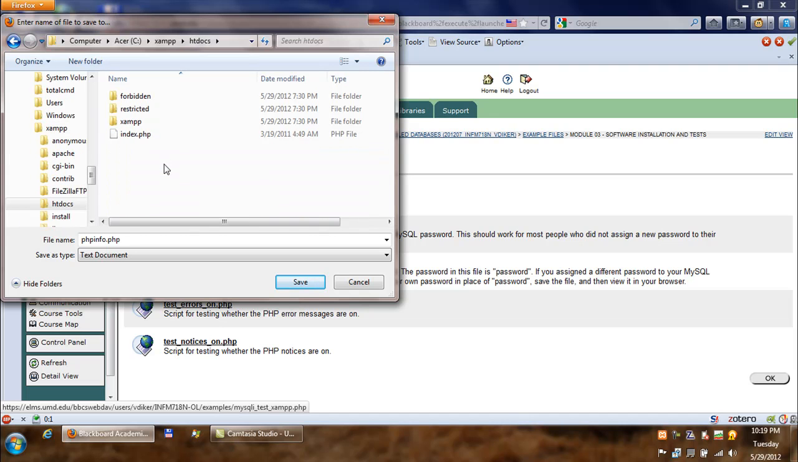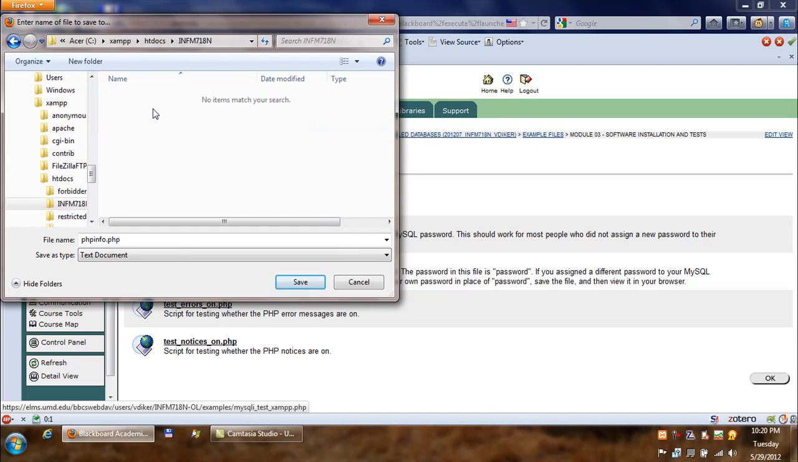Now you can save the files directly under this folder, or you can build a folder structure here if you want to. For example, you can start a new folder here, call this infm718n, and save the files under here. If you want, you can use a more intricate folder structure. For example, you can dedicate a separate folder for each module. For example, module 3,